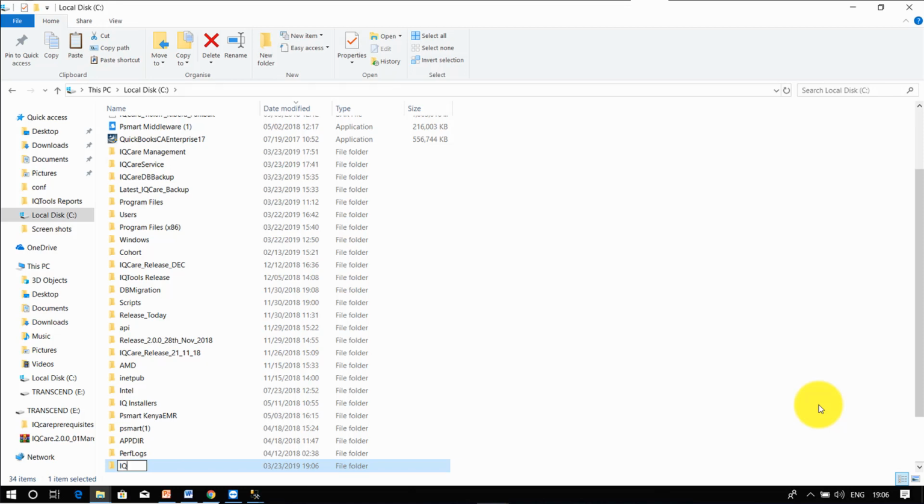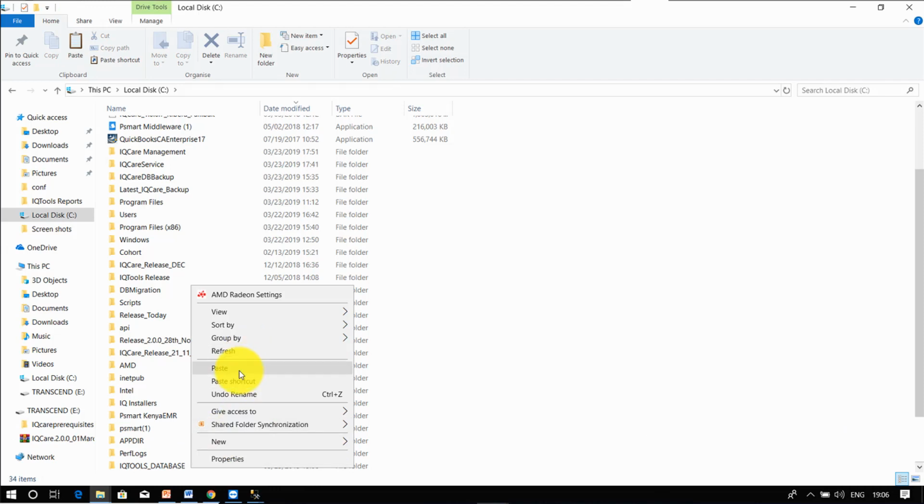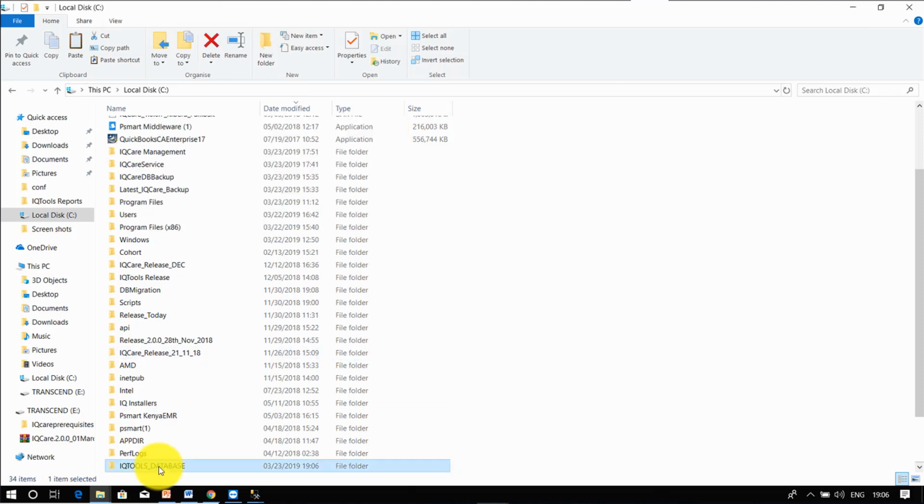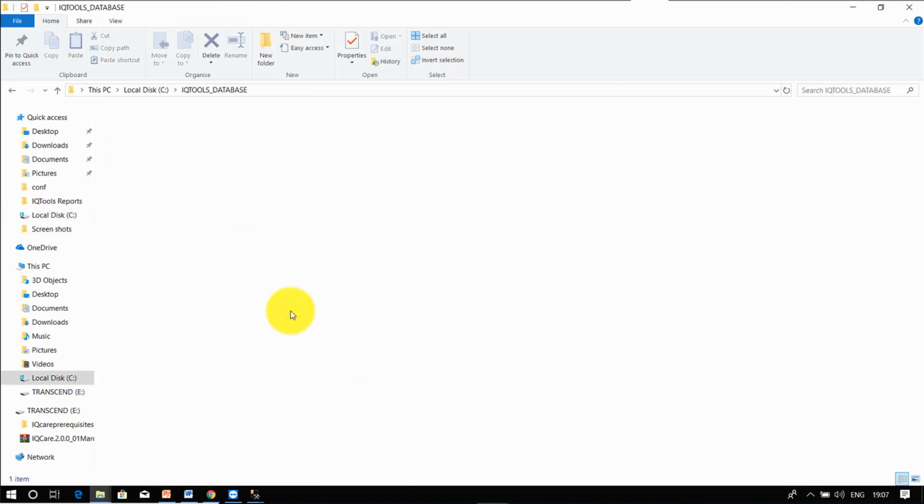Then open Drive C. Create a folder in Drive C. Name it IQ Tools Database. Open the created folder. Paste.